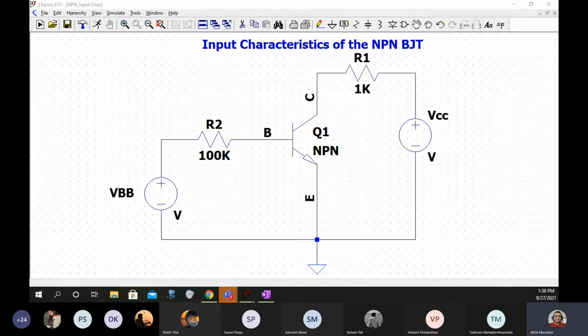Okay, Sayan, good. Okay, Riddhi, have you connected the ground? Yes, okay, correct.